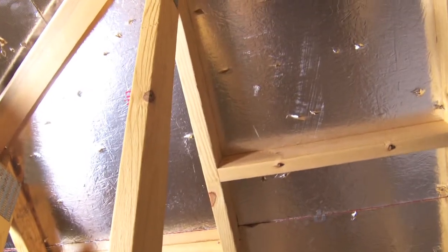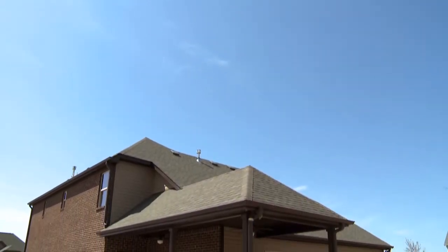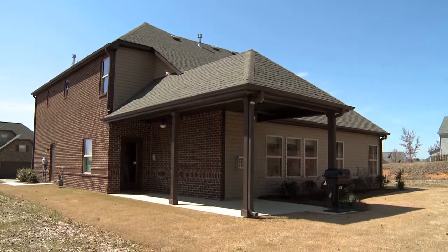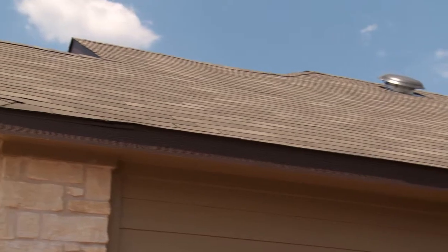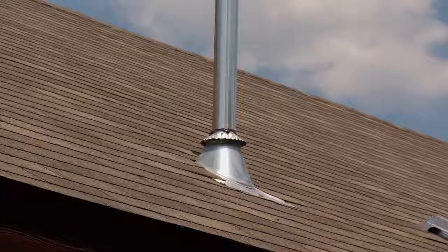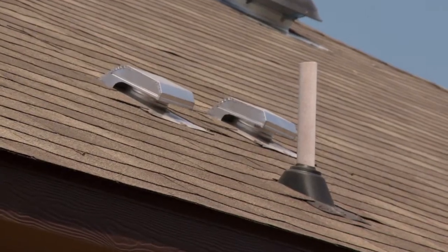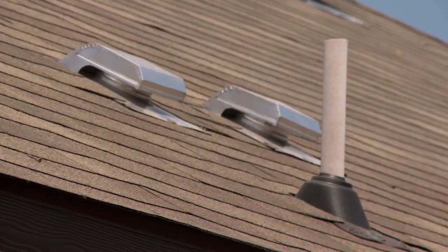Keeping the attic cooler, right? Keeps the attic much cooler. And how about the shingles? The shingles themselves are much improved. They have a better warranty on them than our older shingles, and it's a better product. Also, the roof jacks, the penetrations through the roofs, are flashed much better with rubber flashing that is wind and